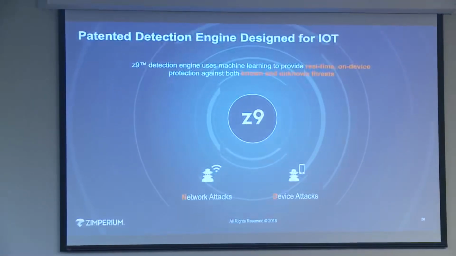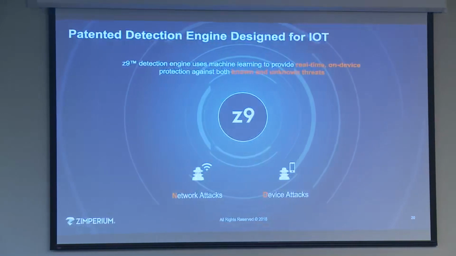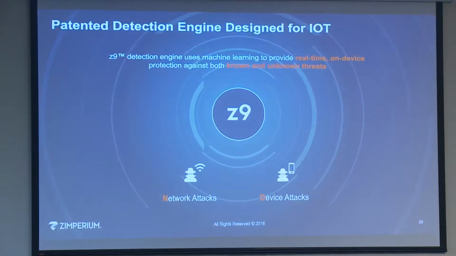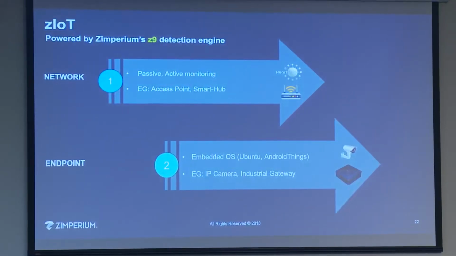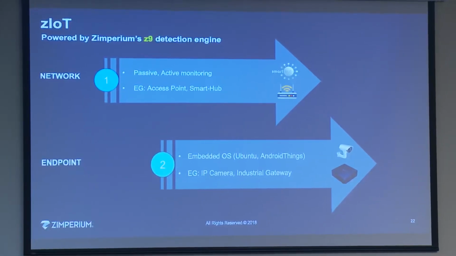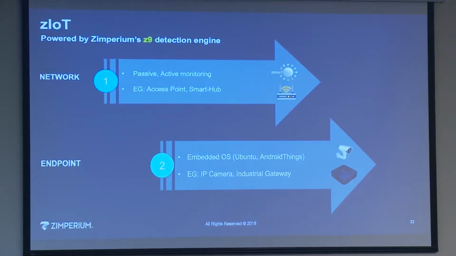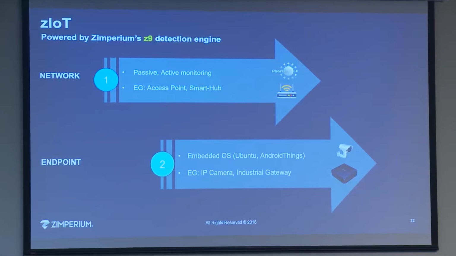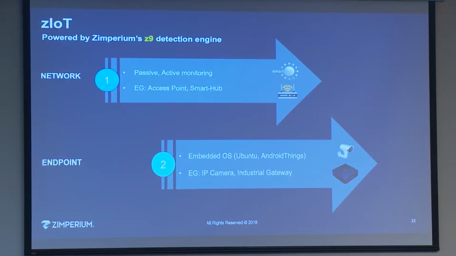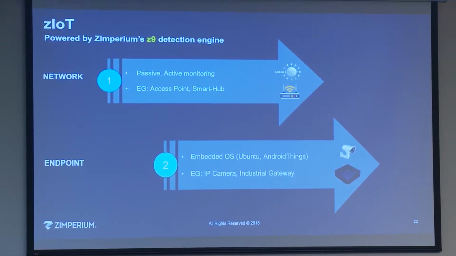Again, network and device level attacks. I think the application, as I mentioned, is a lot of work to a bigger problem to solve in general. So here is an example. There could be passive or active monitoring of the device and the network around it. There are a lot of solutions on the market targeting the home router and all the home automation and home security devices. You can put that into an industrial setting as well. So this gateway routes all the traffic that it needs to route. It may translate it from Zigbee, Z-Wave, you name it, Bluetooth, LoRa, proprietary RF.